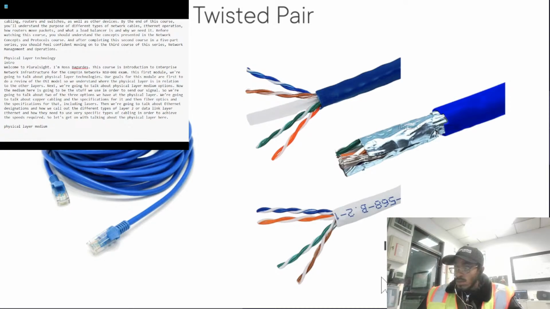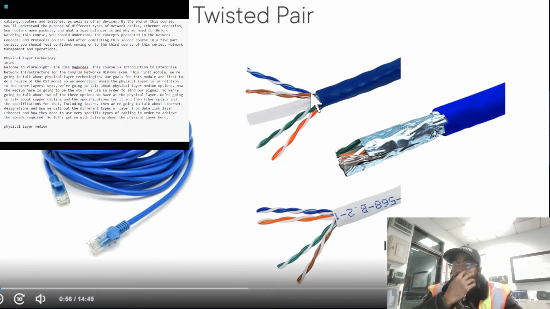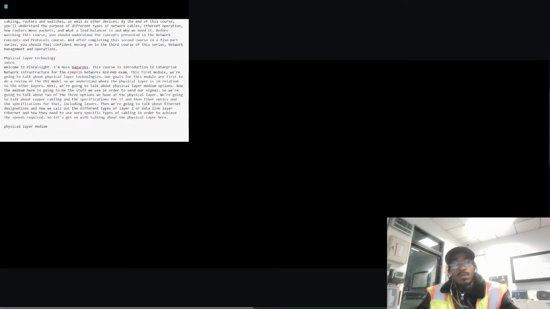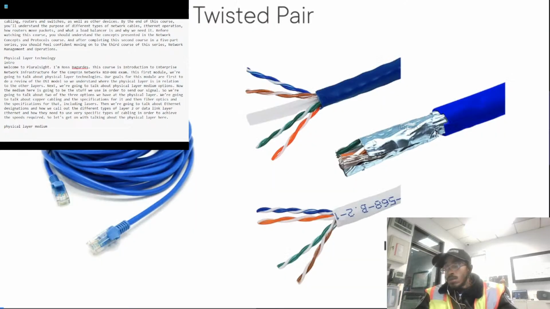Now, the reason that we use twisted pair cabling in data networks is to help increase the amount of data we can push through a wire. Now, there's a physics phenomenon that if you have a wire and you pass an electric current through it, that will create a moving magnetic field around the wire. And also, in the same way, if you pass a magnetic field over a wire,